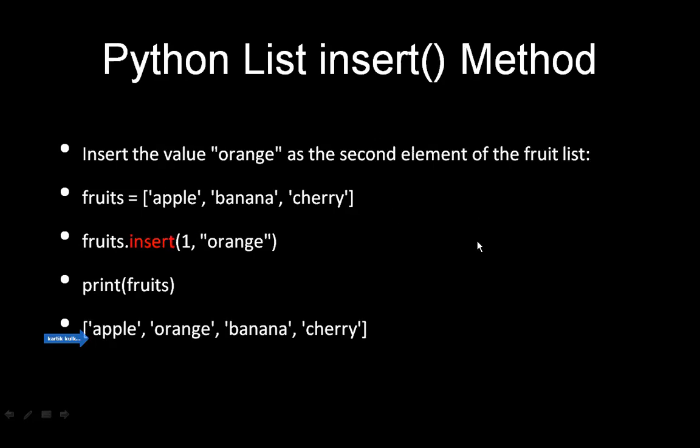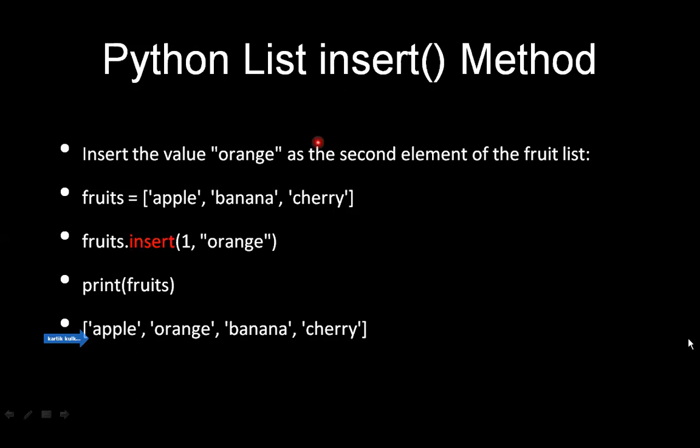Now next we will move into the insert method. For what purpose is the insert method used? The name itself indicates it. Insert means, as the name suggests, we are going to insert the element into the list at the specified position. If you want to insert an element at a specified position, at that time you will use the insert method. Now, how will this insert method work?